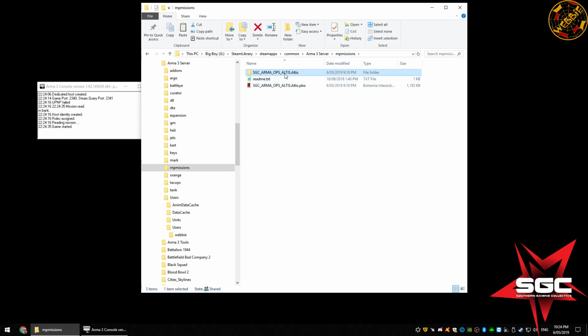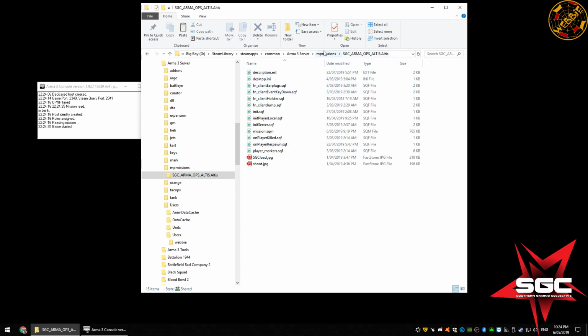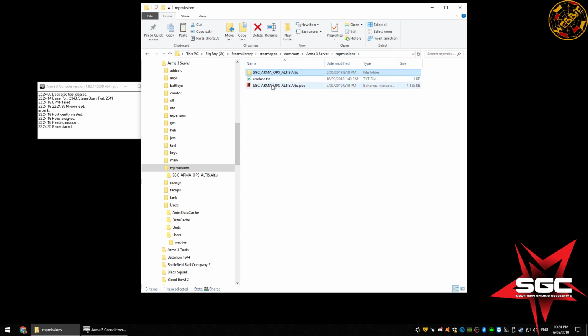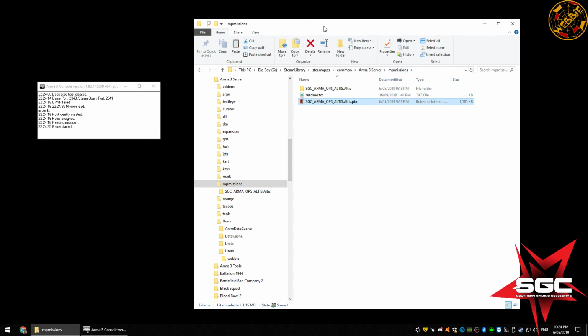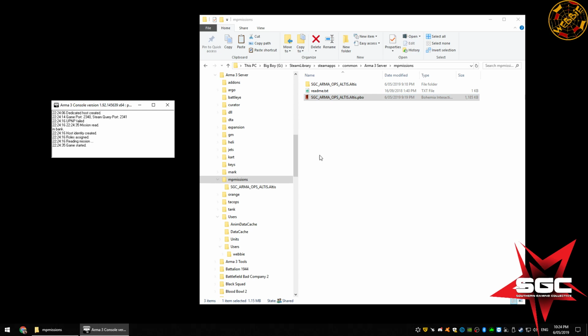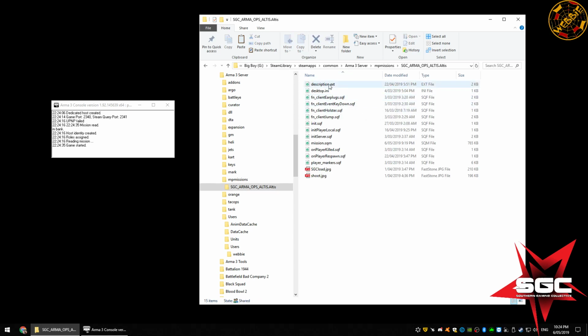What you can see here is I've got the folder for my Arma mission, and I've got a PBO. I always recommend running PBOs. Bohemia states that you can run it not in a PBO state, but after many years of experimentation, Arma has a bad habit of loading files in order. So what that means is it'll load this, it'll load this, it'll load this, and the problem is that this is actually the file that we want to load. So obviously, if we're doing lots of little bits and pieces and it's not loading the parts in the right order,